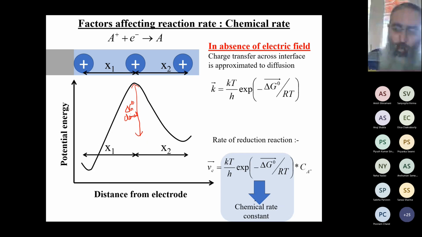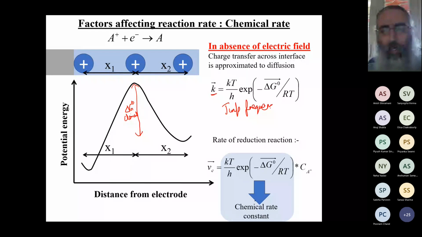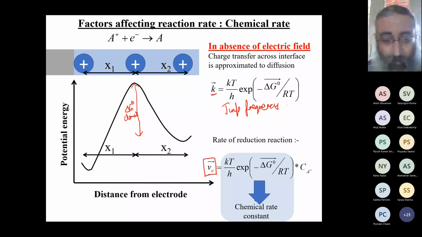If the reaction were spontaneous, there is nothing that we need to talk about. You just put the reactant in, even a single reactant system, and you will eventually get the product. That is not what we are interested in. So the chemical reaction also has a barrier. In the absence of the electric field, this rate constant is what we defined as the jump frequency, and therefore the chemical rate of the reaction is the chemical rate constant we have seen here,